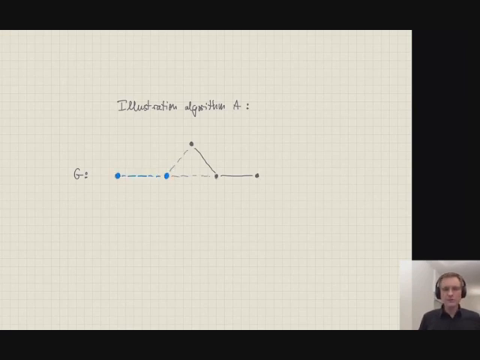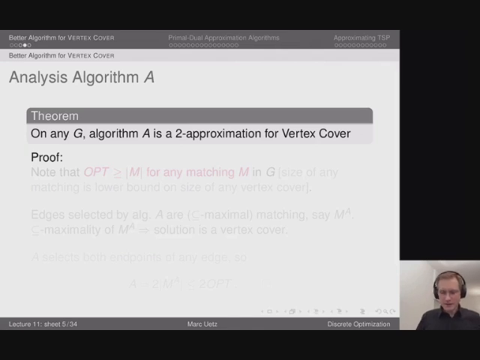Then everything that is covered is deleted from the current graph, and we are left with these two edges here. And then again, we select another edge, say this one, and both endpoints. And then everything is covered, and we stop, right? Now, the claim is that this simple algorithm already achieves a much better approximation guarantee than the greedy algorithm, even